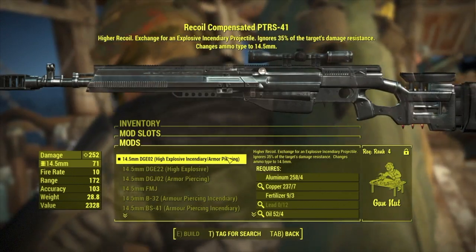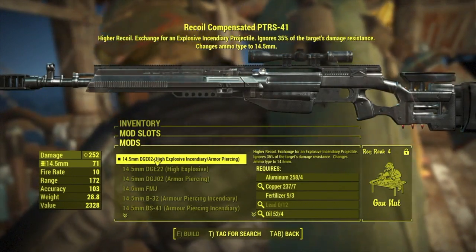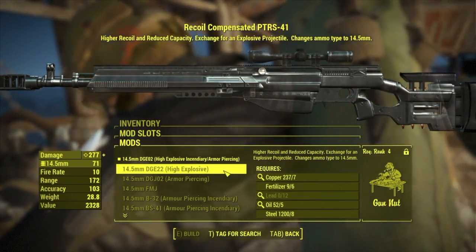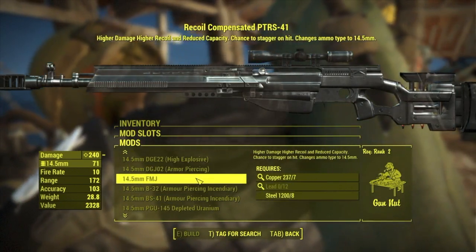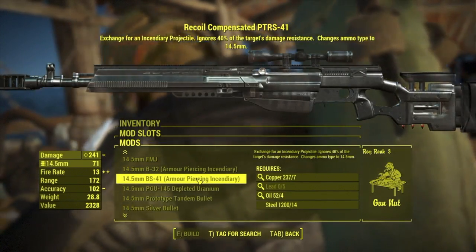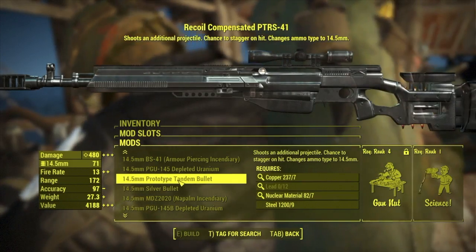And if this is our standard bullet, you know things are going to get pretty crazy. You can, of course, divide those up into high explosive or armor piercing individually. You have FMJ and lots of different combinations here. I'm not going to read them, but I do want to say the prototype tandem bullet is something that caught